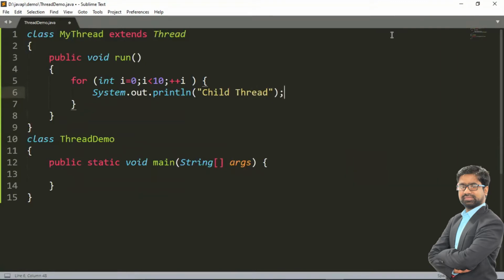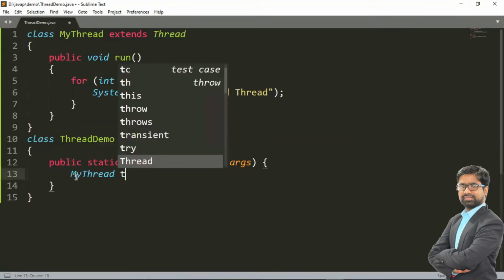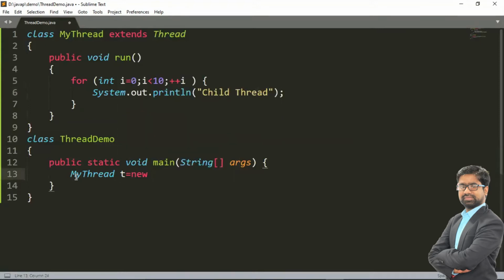Now the same thing we have to implement in the main class. Main is also a thread. This is my child thread, and this is our main thread. Now create an object of MyThread: t equals new MyThread. If you want to start this thread, we have to call the start method of the Thread class.